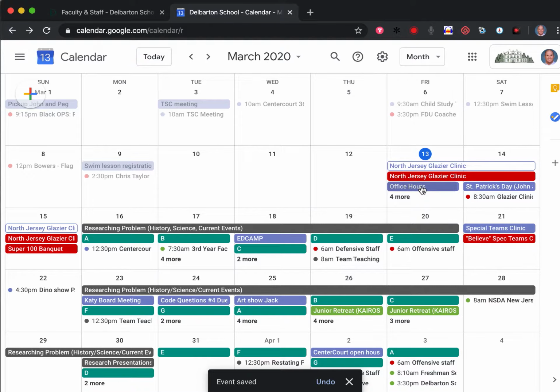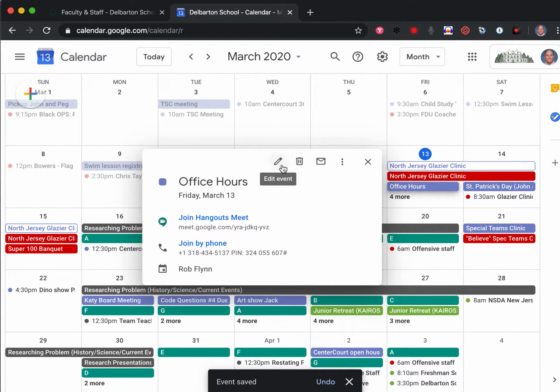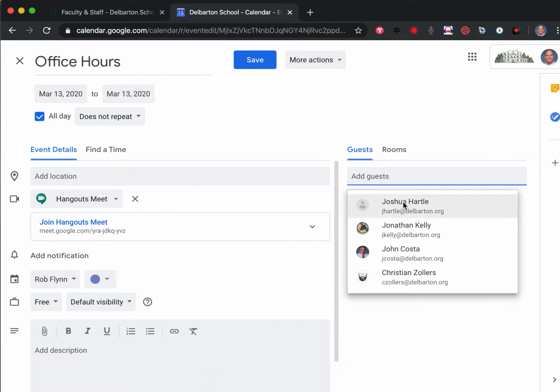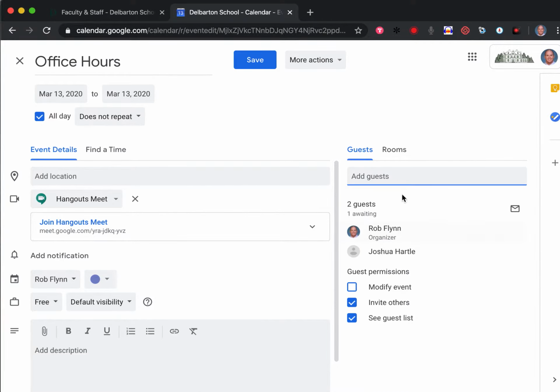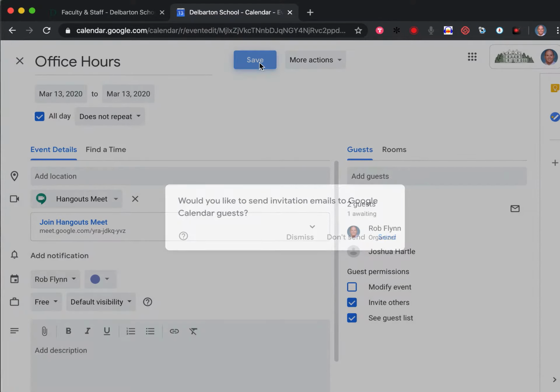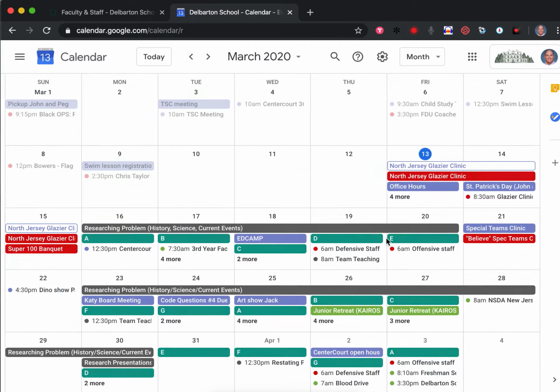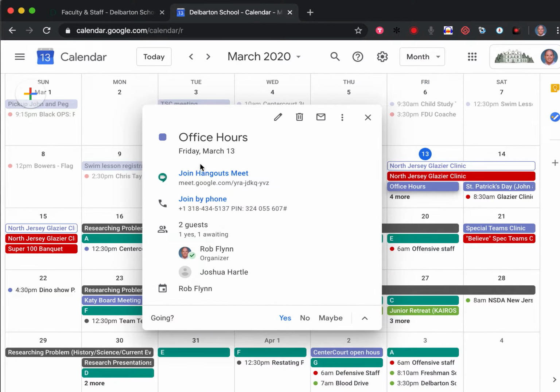From there, if I go to edit this event, I can add somebody. So I'll just add Josh to the event the same way I would add them in a Google document, and I'll save. And this is going to send him an email invite. All right. Okay, so I've sent out the invite, and now all I have to do is just join the meet,